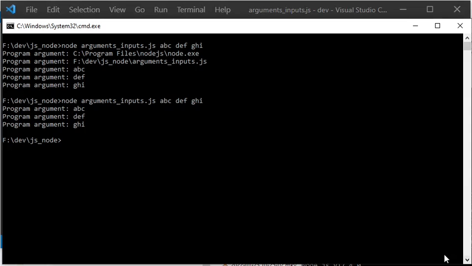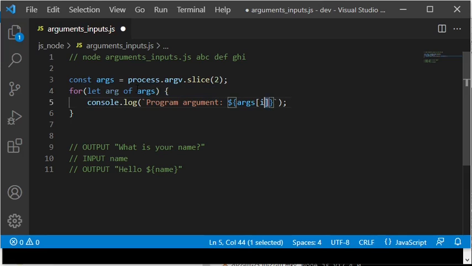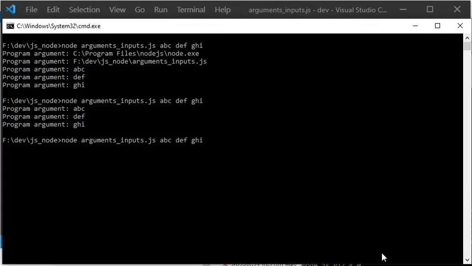Since I used the slice method to get a new array, which is iterated completely without skipping any elements, we can use a simpler for loop instead, without using any index variable. Please note the keyword of is used in for loop. You can also write a for loop with in instead of of, but then the iterated value will be the index value 0, 1, 2, and so on. But when using of, we will instead iterate the elements. When I execute the program again with the modified for loop, you can see that it still works as before.